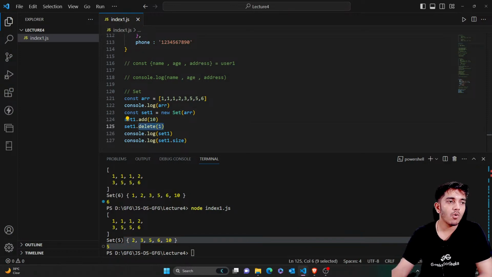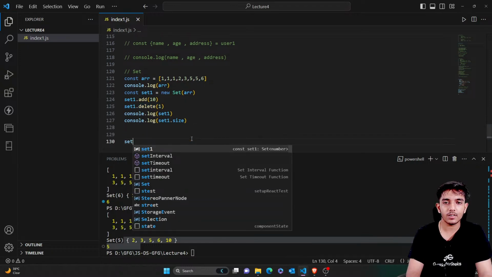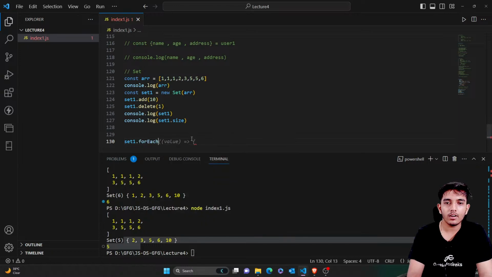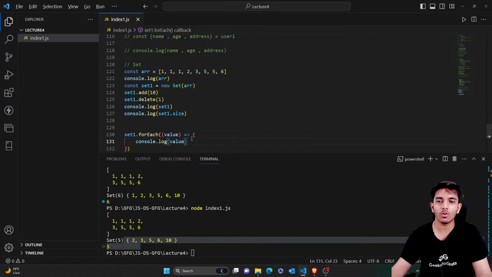Now if I want to access each element, what I can simply do is say set1 dot, and you can call a for each loop. Inside this, each value will be called, and you can actually print these values. So you can simply type console.log value. So what will happen is you'll get,